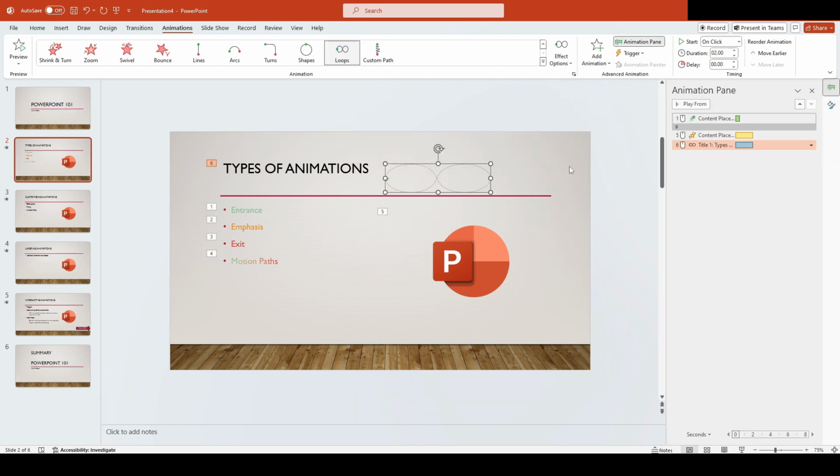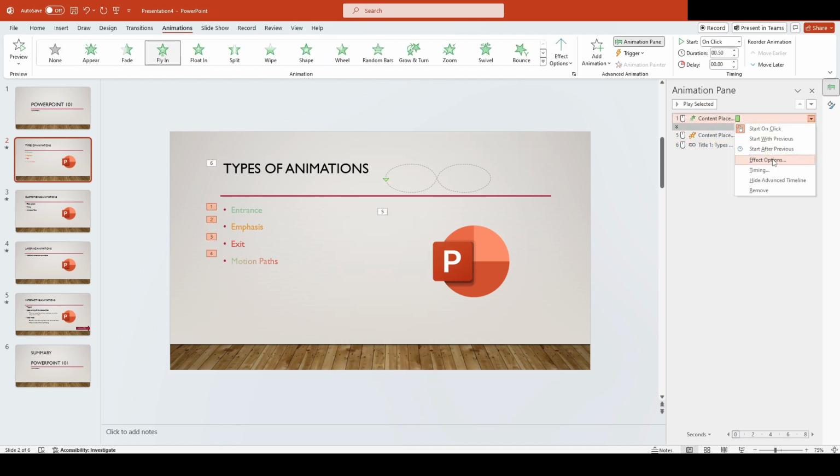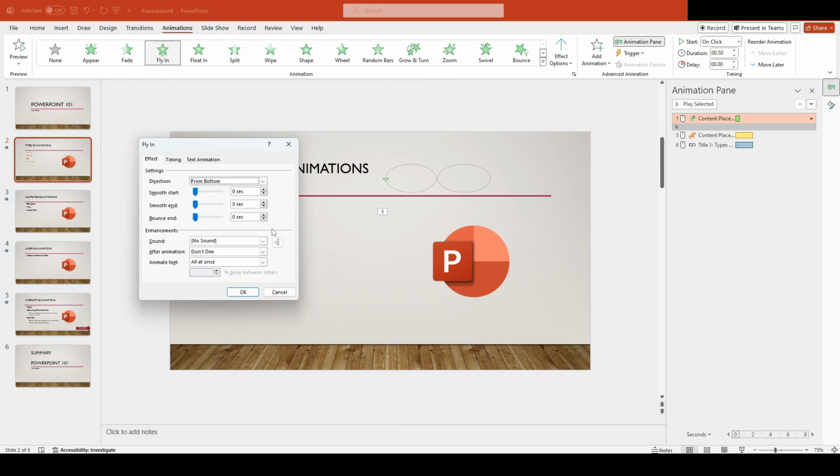So you may consider adding sound to your animation. And what you can do in the animation, we can right click on this and we can look at the effect options. And we can go and we have many sound effects that we could add to that animation. We add a breeze. We press